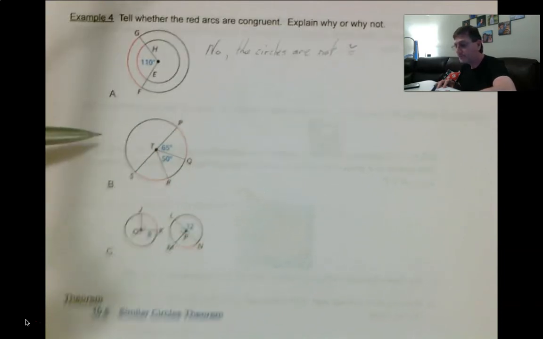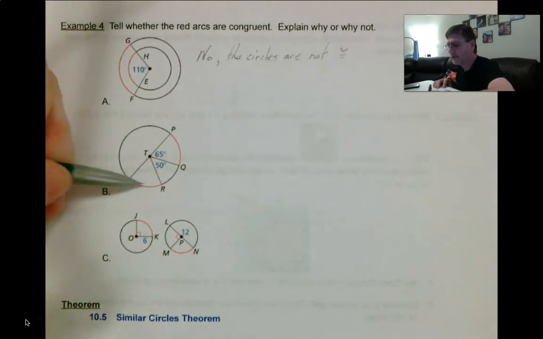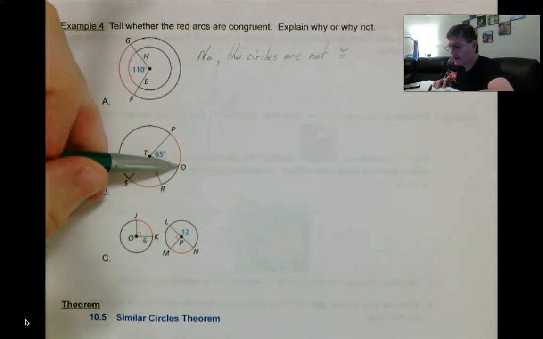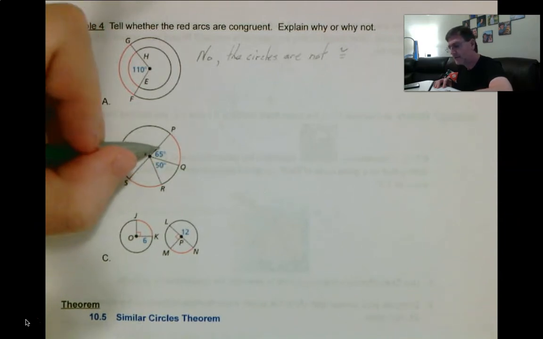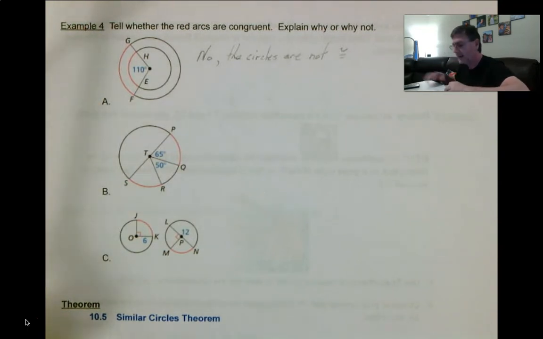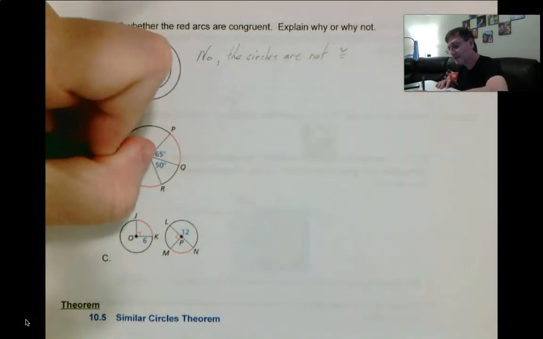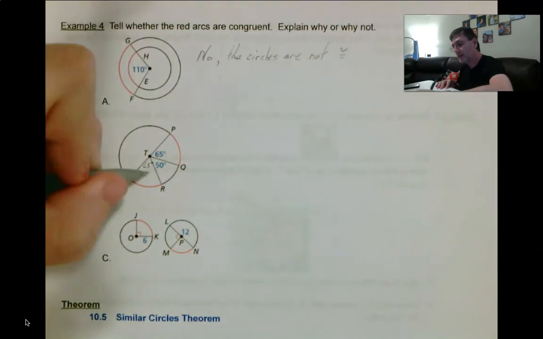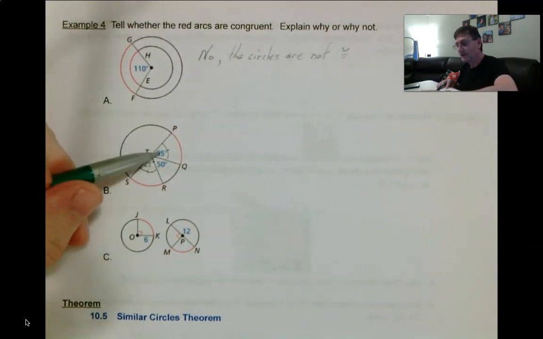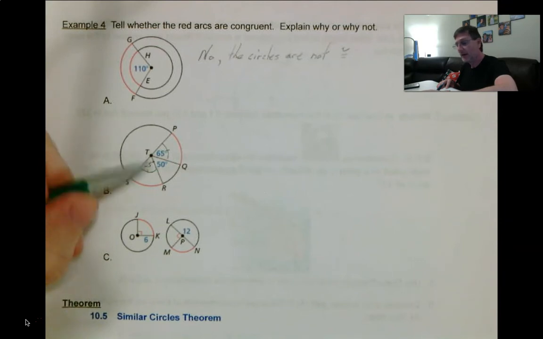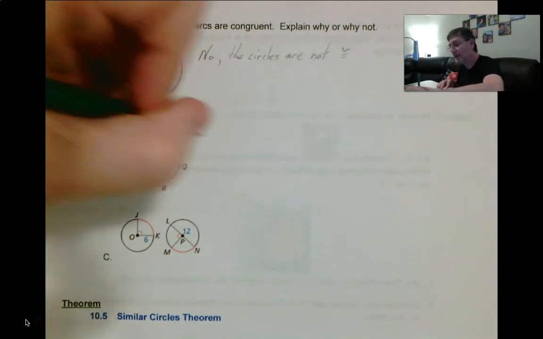Part B. Where are the red ones? SR and PQ are the red ones. So this is 65 degrees. This is 50 degrees. The whole is 180. So 180 minus 50 minus 65 gives us another 65 degrees. Now this time, these are congruent because they're equal measures, and they're coming from the same circle. So yes,